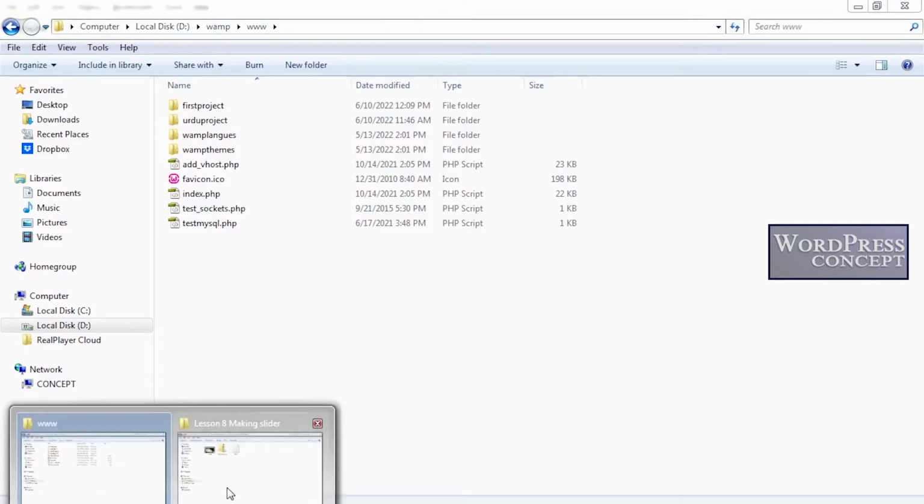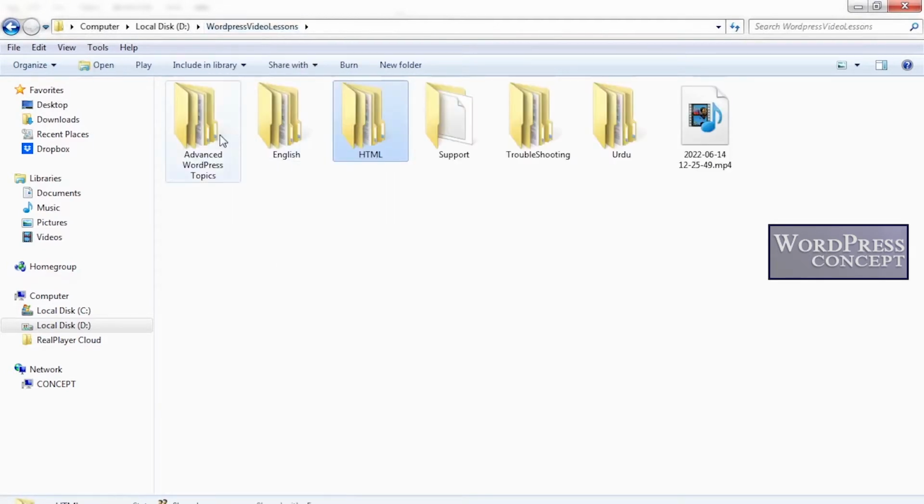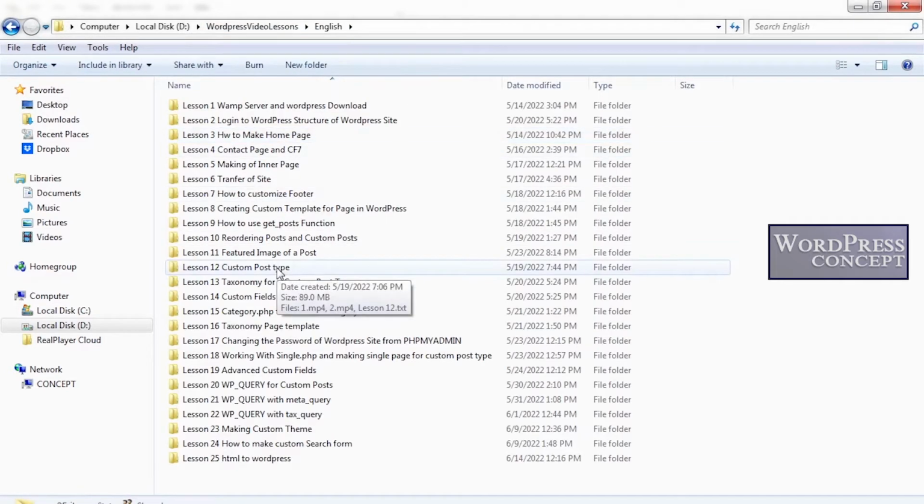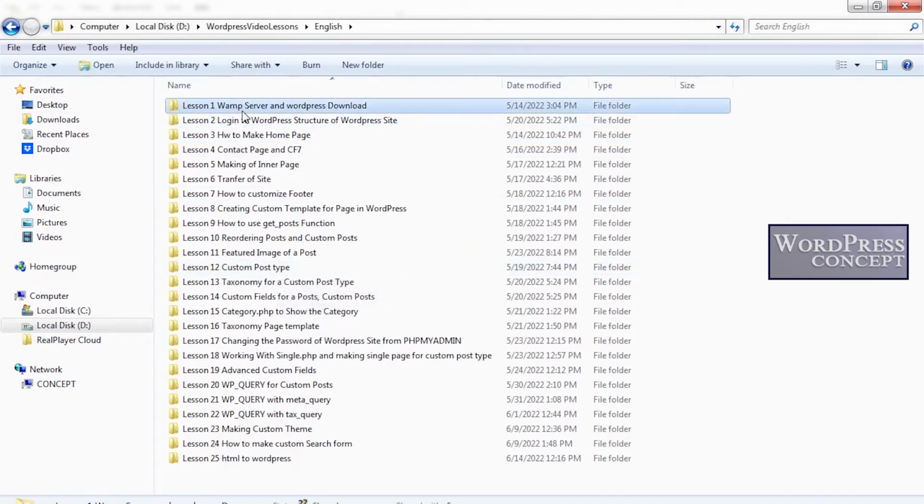on our XAMPP server. Let me tell you in English. Okay, in English lesson number 1, we installed the XAMPP server on our computer and we downloaded and installed WordPress in lesson number 1. So if you haven't done it already, you have to install XAMPP server and install a fresh WordPress on your XAMPP server